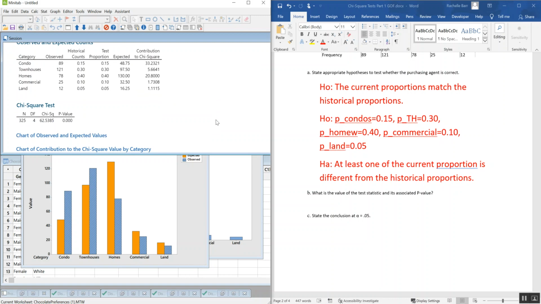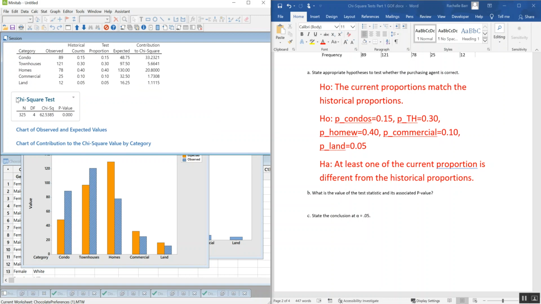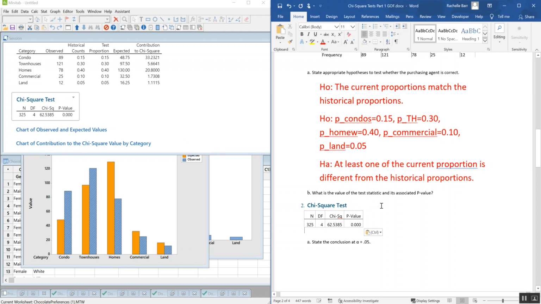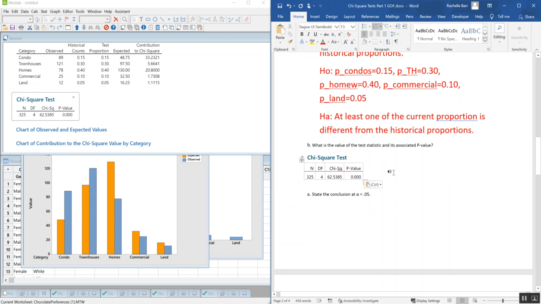So I want to go grab, where is it? The chi-square test statistic box. This is what I want. I'm going to copy this and paste it into my document. Woohoo. And it's going to number it because it likes to number things. Good times. So here, just so we're all on the same page, the test statistic for chi is the chi-squared value. So the test stat here